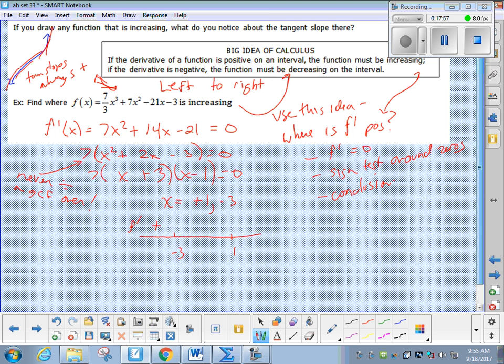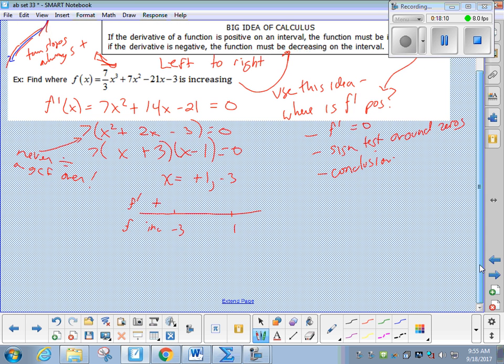Now I'm going to actually add a layer to my sign test. Besides signs of f prime, I'm also going to make a conclusion about f. If f prime is positive, then what's f doing? Increasing. Okay? What about in the next region? Give me a test point. 0. Positive, positive, negative is negative. Now, if the derivative is negative, the slopes are negative, meaning the function is decreasing. And after 1, say 50 billion, positive, positive, positive is positive. So the function is